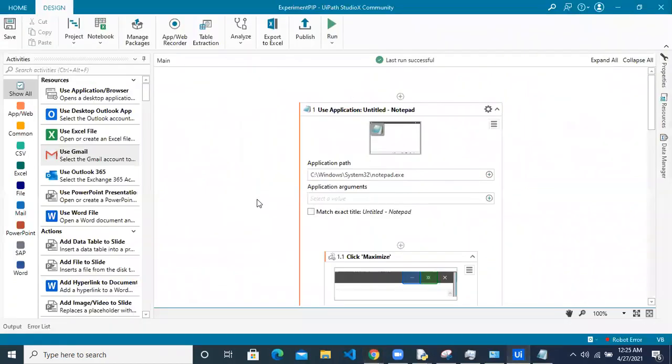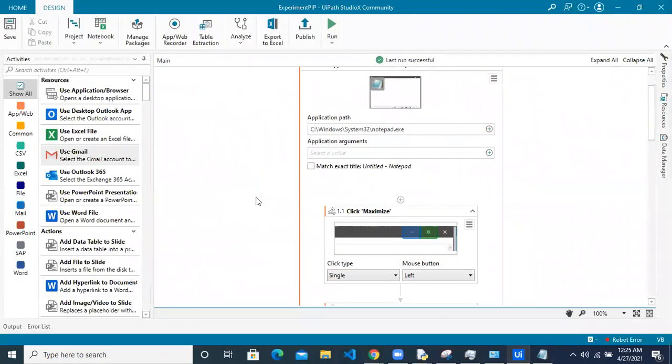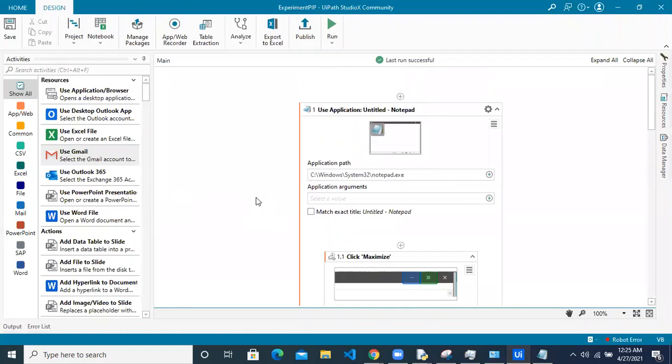Now let's quickly jump back to the StudioX screen and understand what this feature is and how we can make use of it. When you enable this feature on your machine, it creates a separate isolated screen for your robot to work, and it lets both you and the robot use the same machine. You will be using the main screen, and there'll be a separate isolated window for the robot to work so that you both can work parallelly on the same machine.